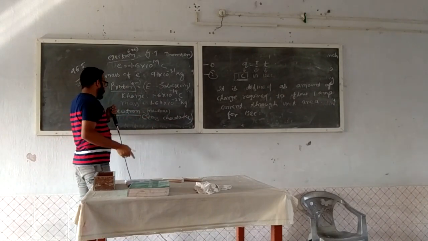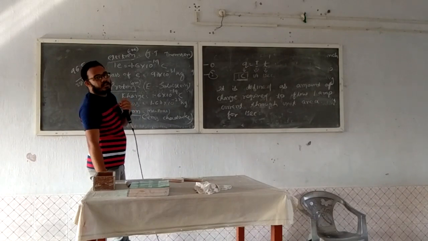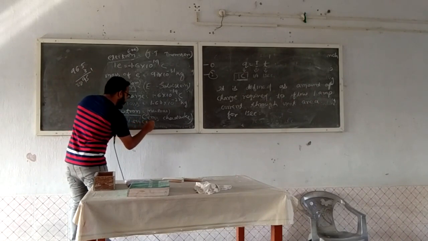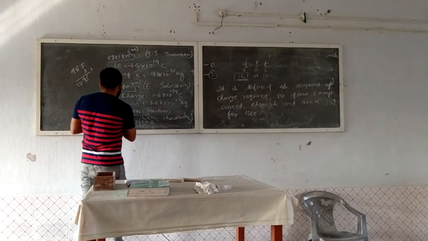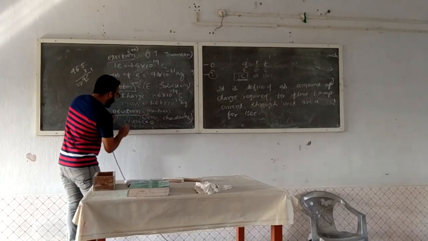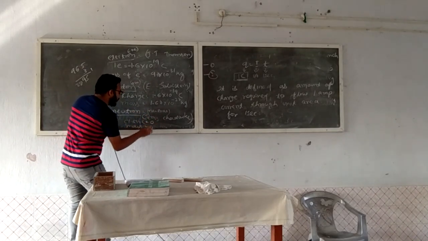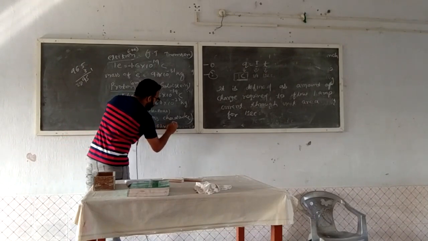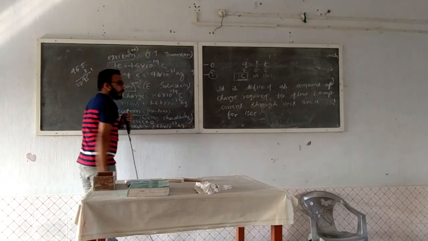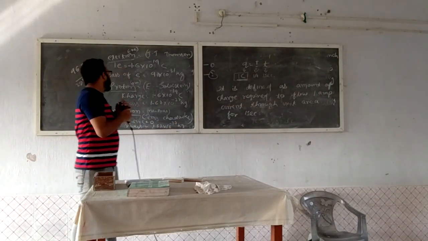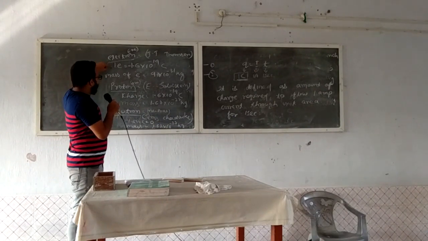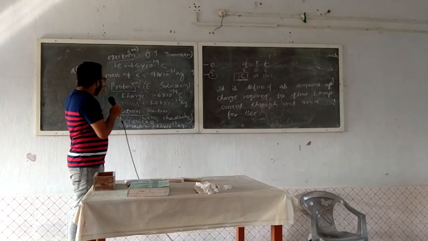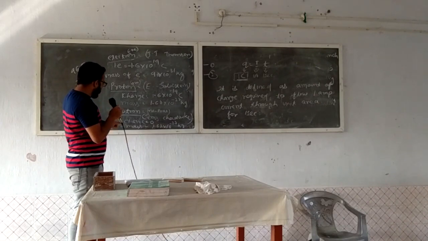Here the neutron is the neutral charge. Then what is the charge of the neutron? The charge is equal to 0, obviously. Why? The charge of the neutron is neutral. Okay, then what is the mass? Mass is equal to 1.67 into 10 to the power minus 27 kg. Okay, here the charge of the electron is equal to the charge of the proton, and the mass of the proton is equal to the mass of the neutron.